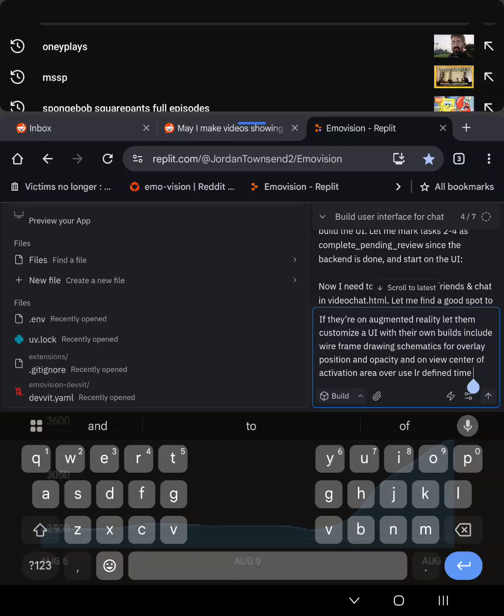I've got Emo Vision working again, so the video system's working. I added a bunch of features. I built a Reddit app. I implemented augmented reality, which I'm just parsing now. What else? It's built into